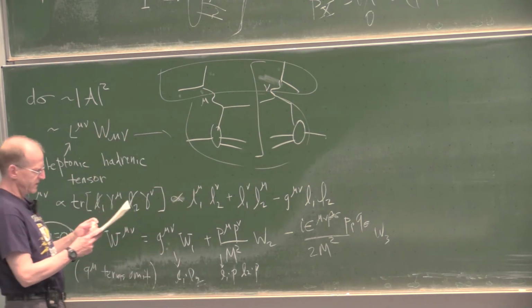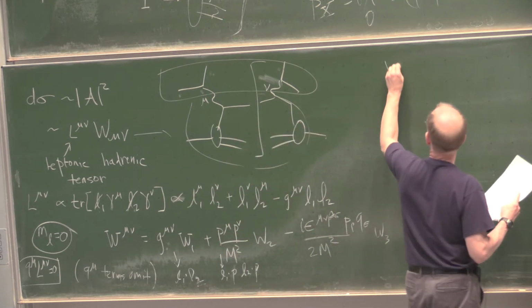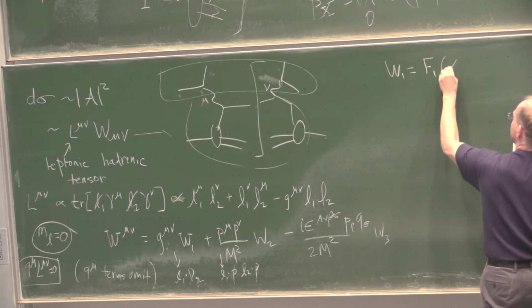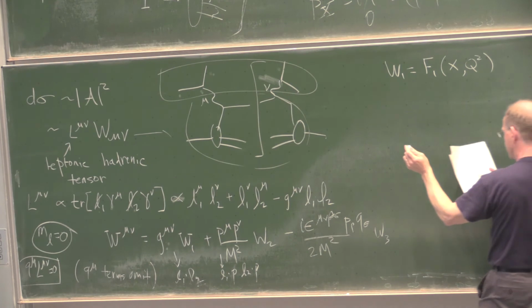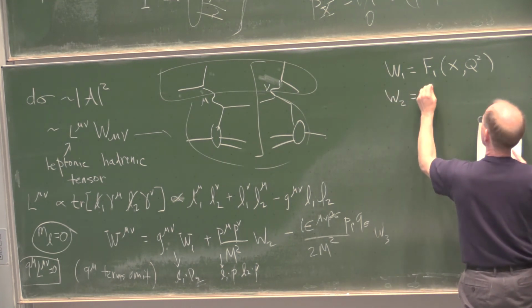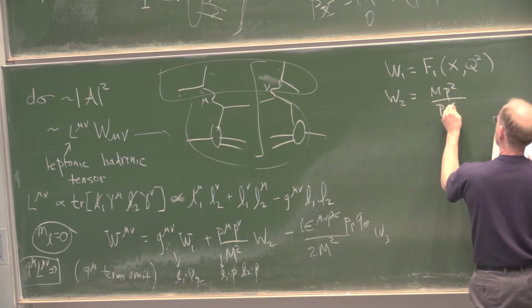Now it turns out that W1 scales properly, and that means it gets renamed F1, which can depend on x and q squared. But it's more convenient to define another function, something like